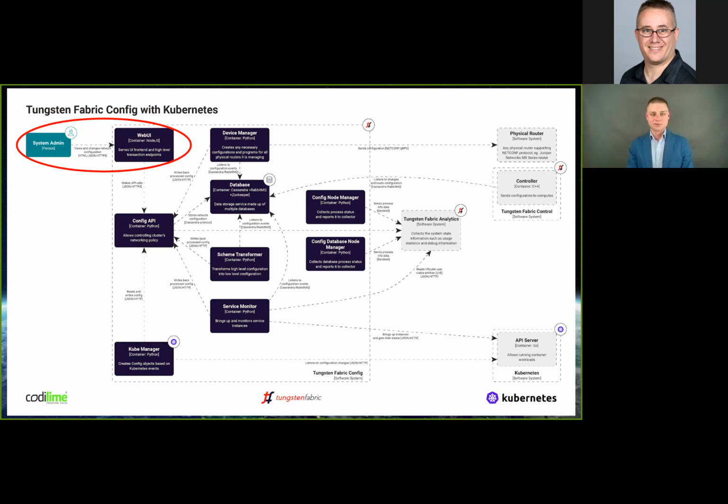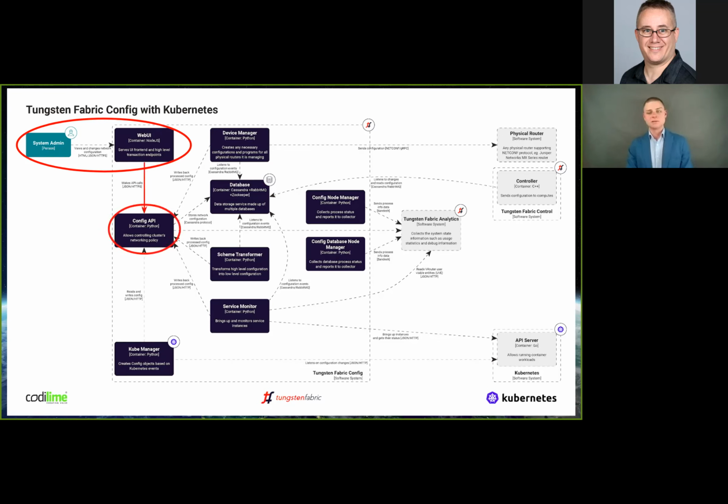So generally our system admin, for example, wants to isolate the network. So he puts in the rule to isolate some network in our infrastructure, and the web UI transforms this into a request to the config API. The config API is an API that accepts the request and then computes what object it should put into the database. So it puts in the object saying that this network is isolated. And then we have the defined config in our database. However,